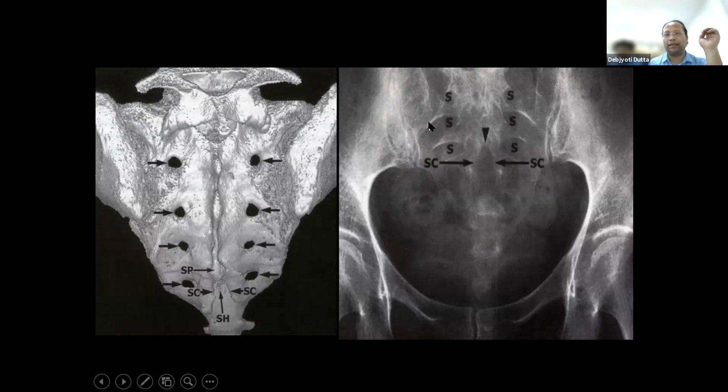Then these foramens are also in the same way. Both the foramens are here: one is the anterior foramen, one is the posterior foramen. Which one is anterior and which one is posterior? So these beautifully looking foramens, if you think that